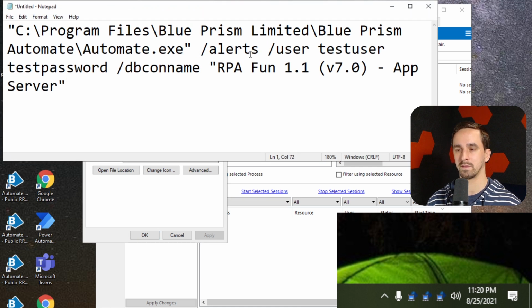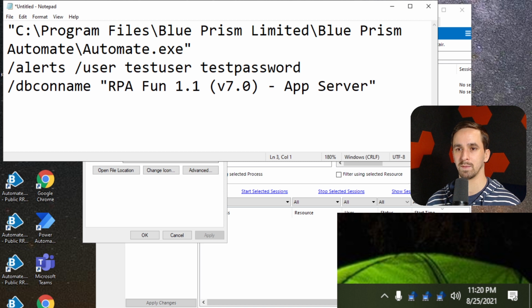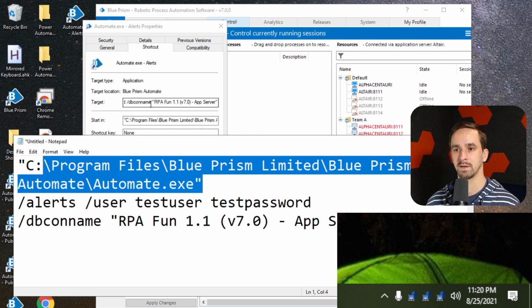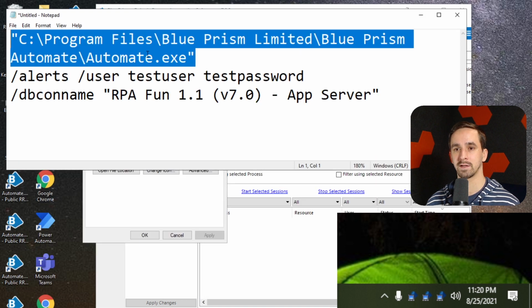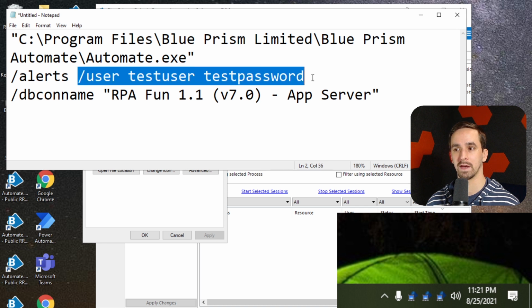Okay. So I'm going to put this on multiple lines so that it's easy to see this. But this would technically just be all one line if you were to use this in the shortcut. So in the target field of this shortcut, you have the path to the executable file for Blue Prism, and it's automate.exe. And then after that, you have a /alerts, and then you've got your authentication, which